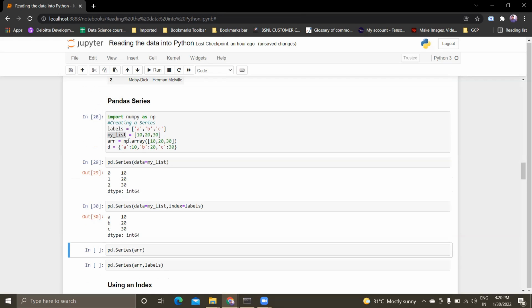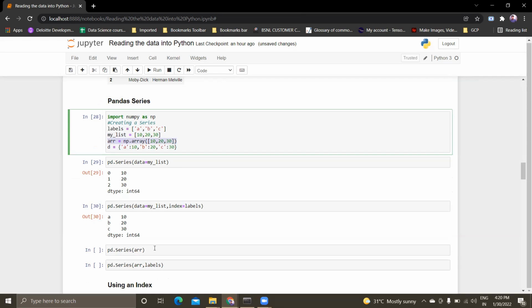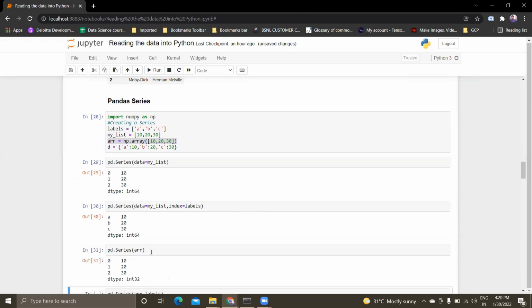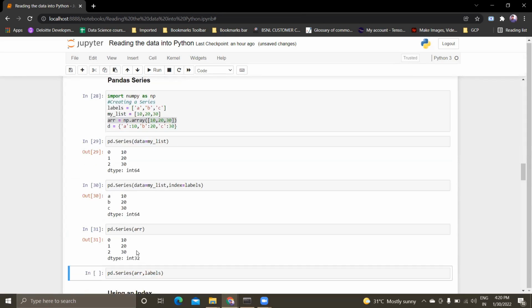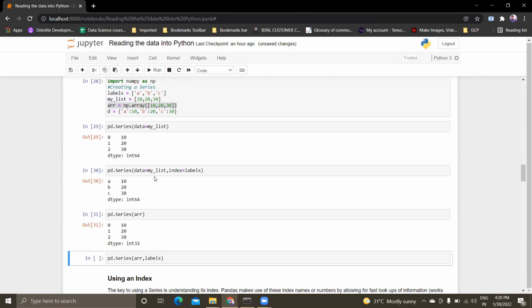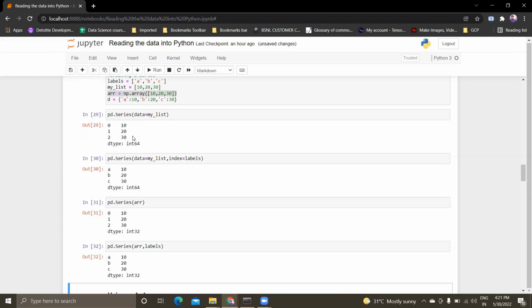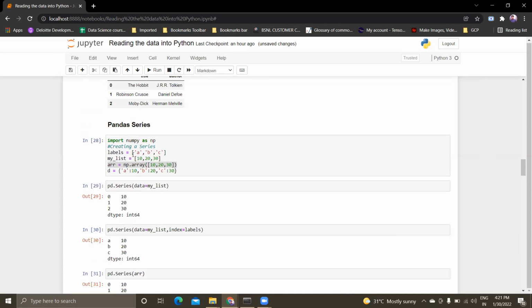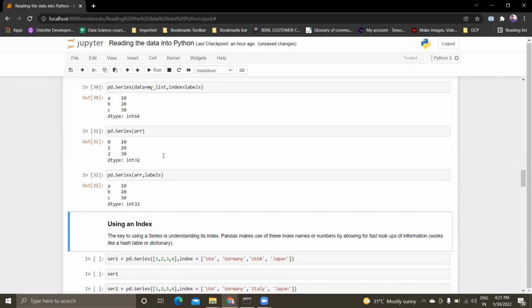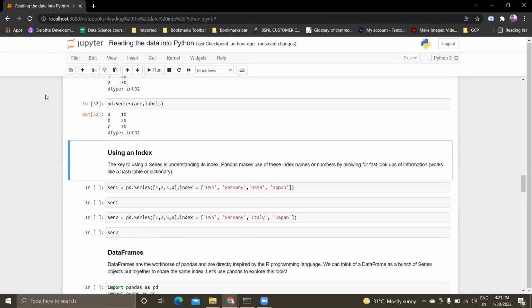The next thing is I'll be using this array to create a series in pandas. I created an array using NumPy, and I'm using that array to form a pandas series. If you want labels or column names, you can pass that value and you can get the index also. So this is how a pandas series is formed. It is basically formed from an array, or you can pass a specific list also. These are the ways we can pass arrays to a pandas series.